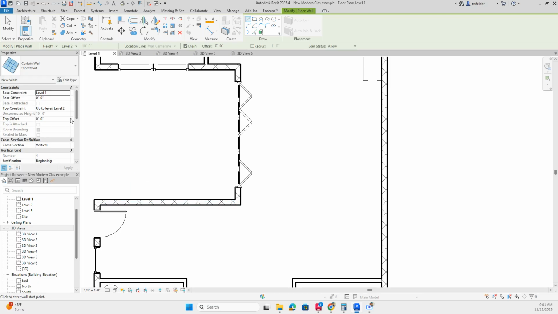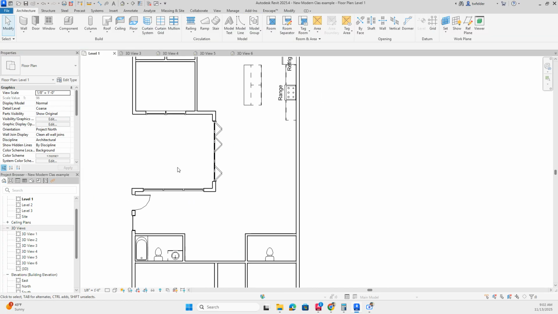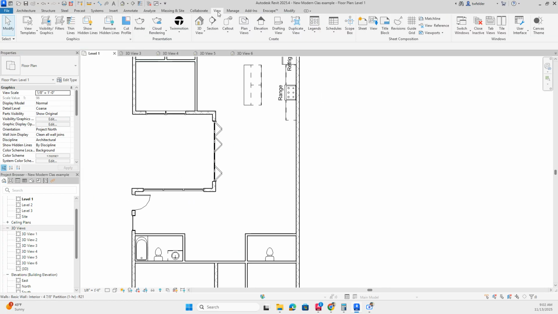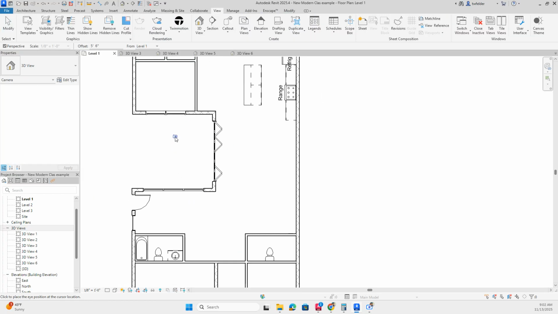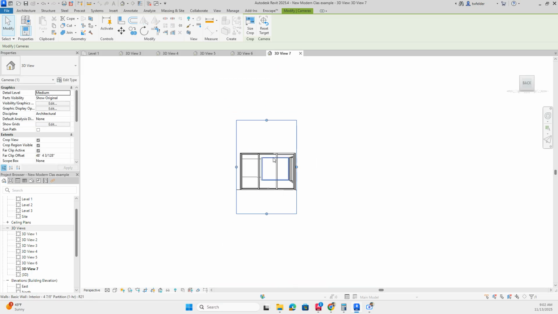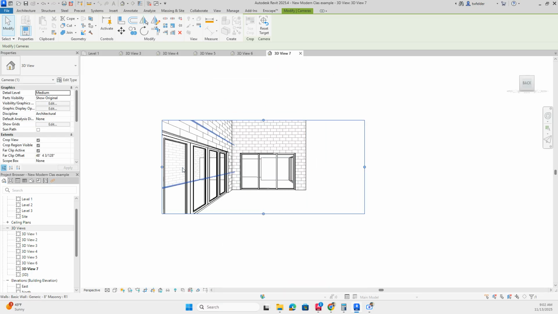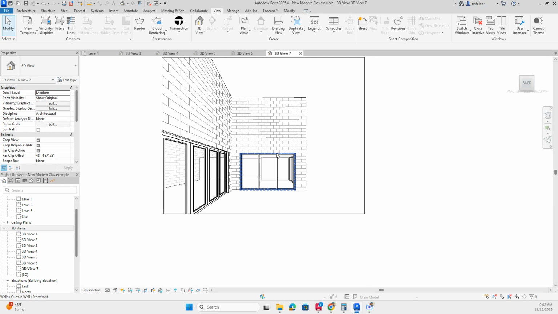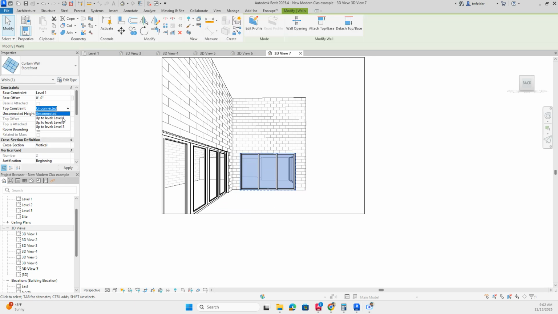Now, before I actually put it, I don't want it to go to level 2. I want it to be unconnected, and I only need it to be 8 foot for mine. And I'll just show you exactly what that looks like. And that'll be that type of window, the full window. And I can make it bigger if I want to. I can click on it, and I can say instead of unconnected,